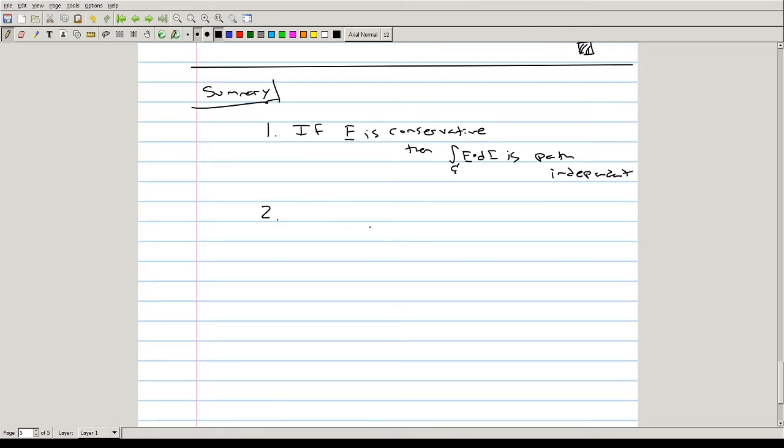And we've also shown that path independence of a given line integral